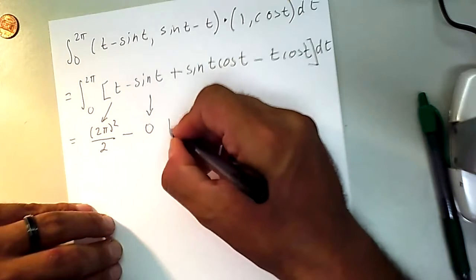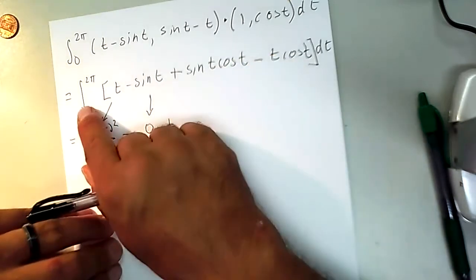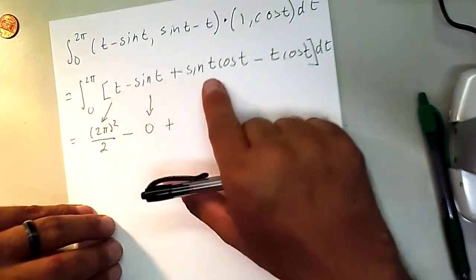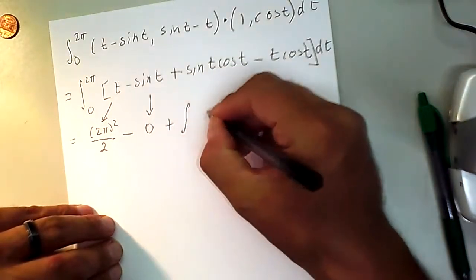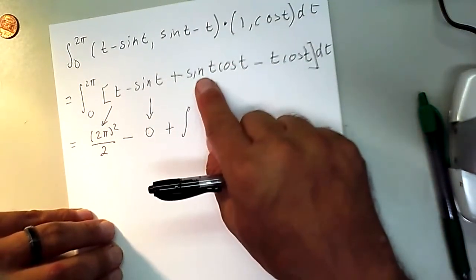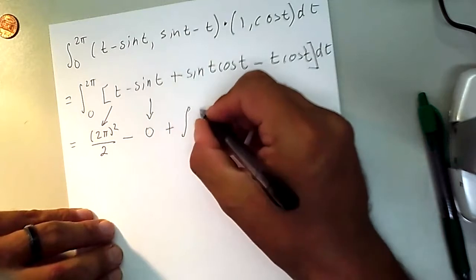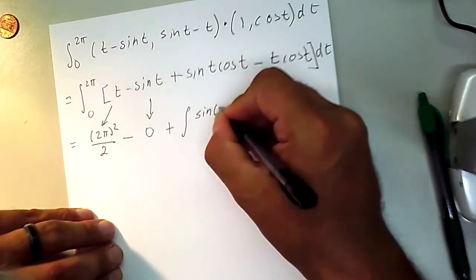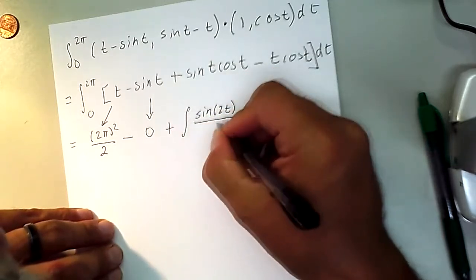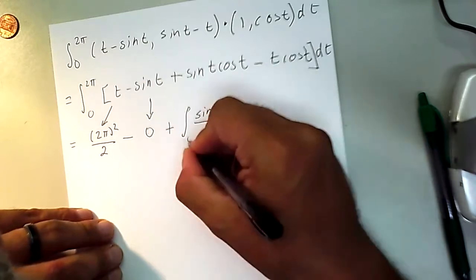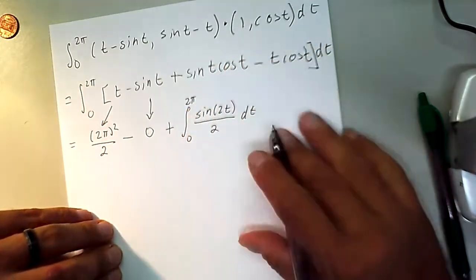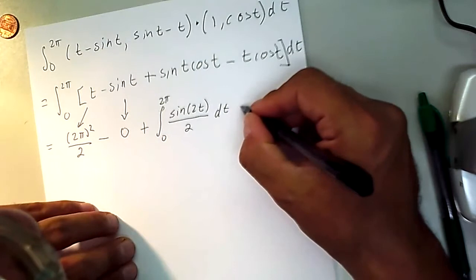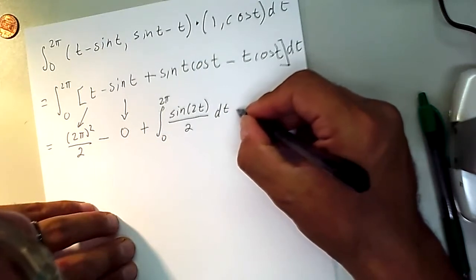That's going to be 0, but let me explain why. Okay, so we're evaluating the integral here. Here we haven't evaluated the integral. We know from trigonometry this is really the sine of 2t over 2, again from 0 to 2 pi. Minus,